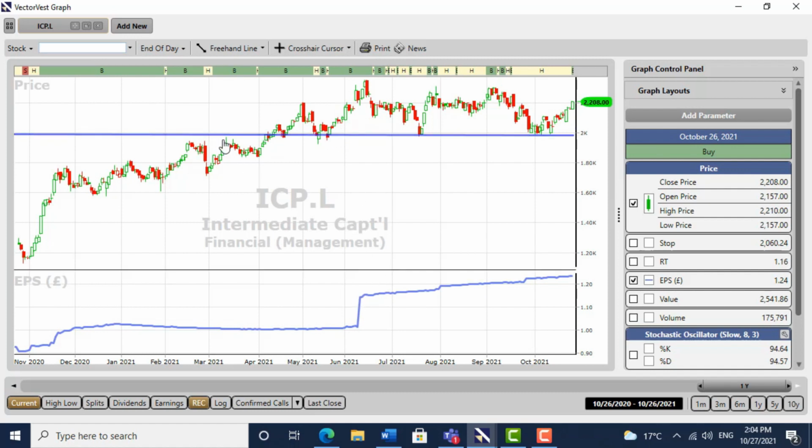As you can see, we've got resistance. It came back once and couldn't get away. It's come back again, couldn't get away and ran the stops once more, and I think now that I have one of my spring setups here, and if you can see, there's the confirmed call that came in the other day, that looks to me as if it wants to move much higher,